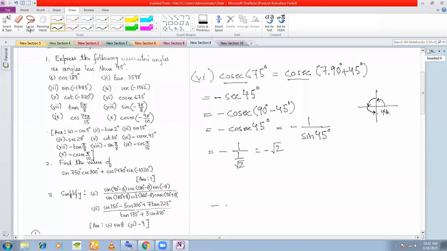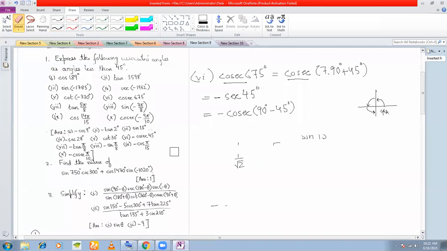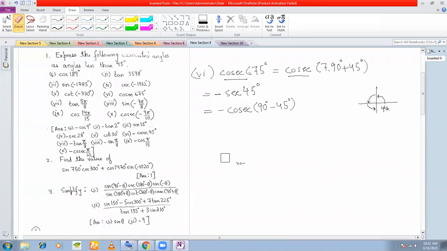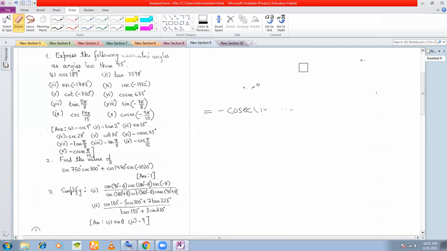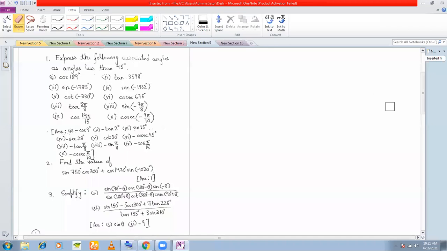Okay. Now we move on to the next part, which is when the angles are given in terms of pi, not in terms of degrees. If the angles are given in radians, then what will you do? Number 7, tan 5 pi by 8. Whenever it is in terms of pi, see, you have 8 in the denominator, right? You'll try to write the numerator in terms of the denominator. So 5 pi can be written as 8 pi minus 3 pi, divided by 8, isn't it?